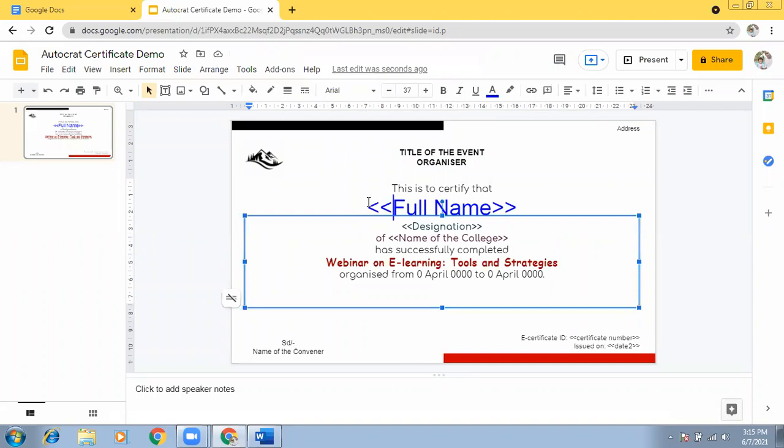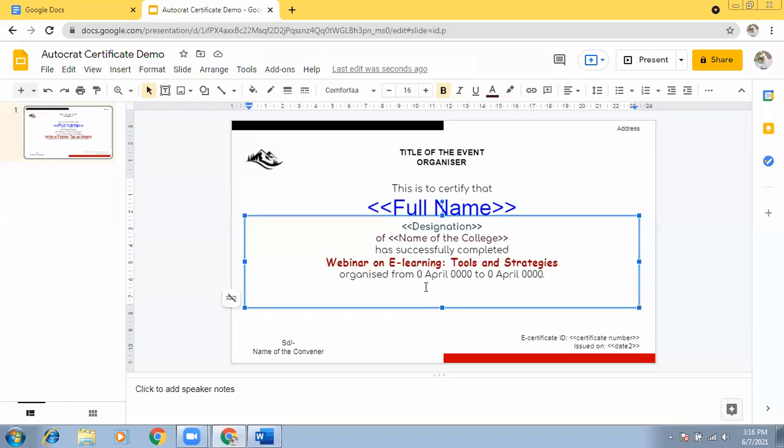Then if you want any item to be taken from the Google Form data, that is full name, designation, name of the college, all this data, where do I need to take it from? I need to take it from the responses in the Google Form.